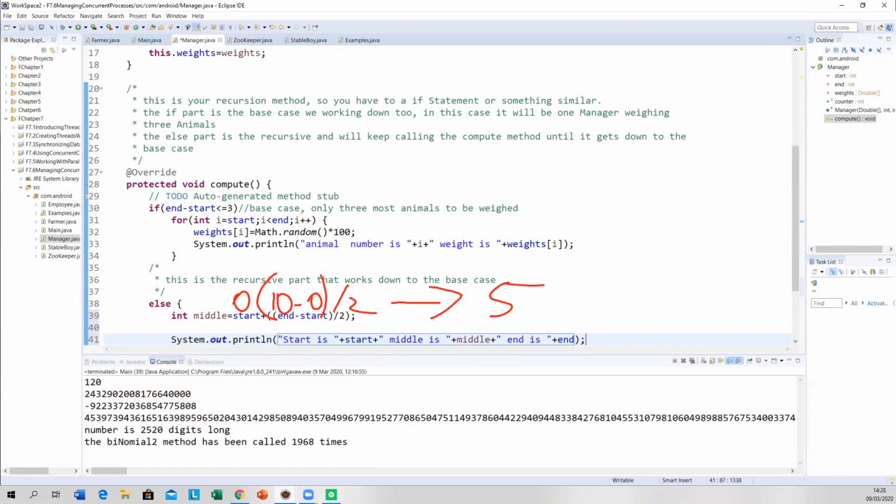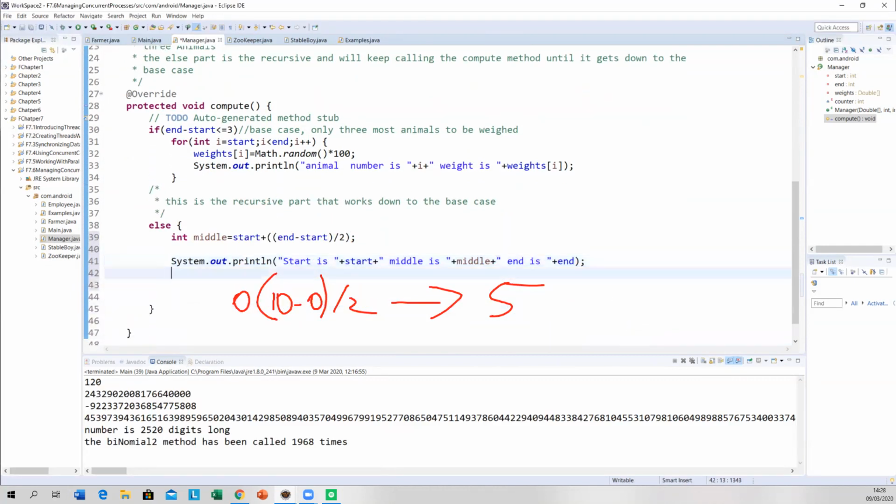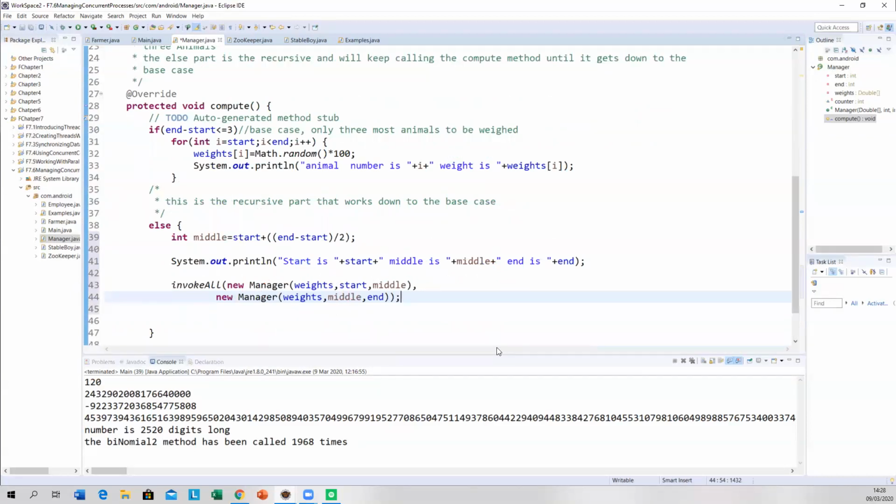Now I'll just call this method first and we should see it working. So just bear with me a second. I'm just going to copy this in here. Now, it's a method called invoke all. This is the equivalent of the executor service. All right? This is the equivalent of the executor service. Now, to make sure I'm doing this right.